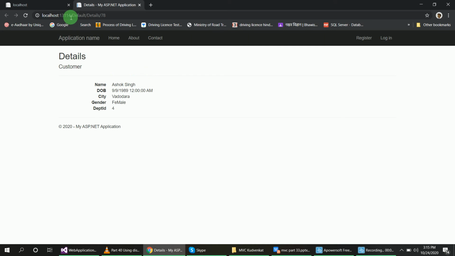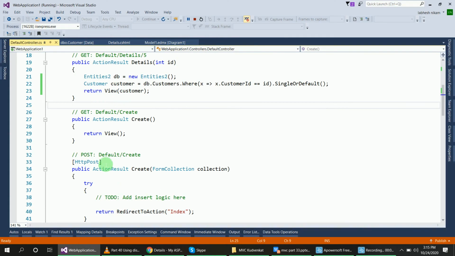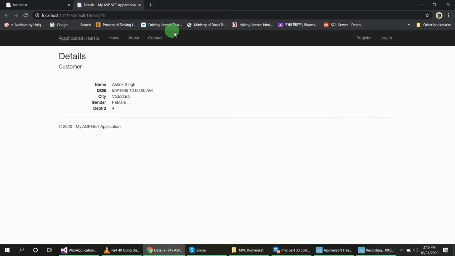So you can see the list of records here, because I have written this code, calling the entity db, passing the id and passing the customer object. Now I want to modify this label. In place of the name label I want to display customer name, so I want to modify the column name.